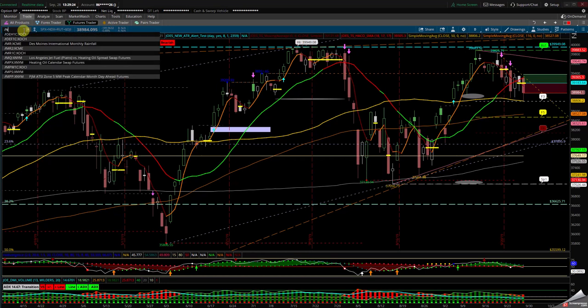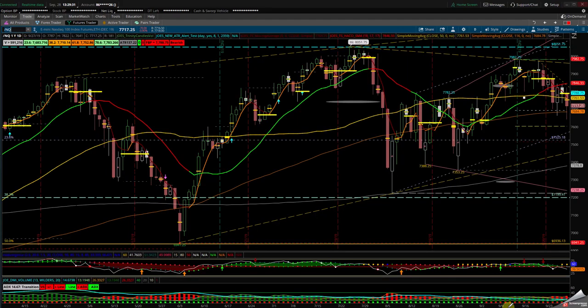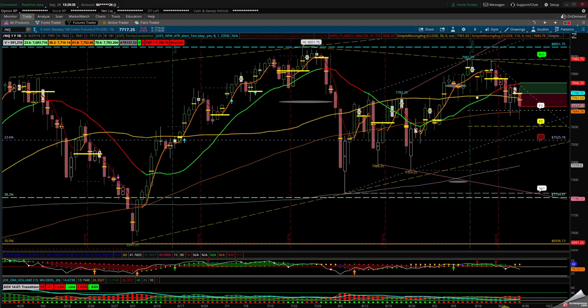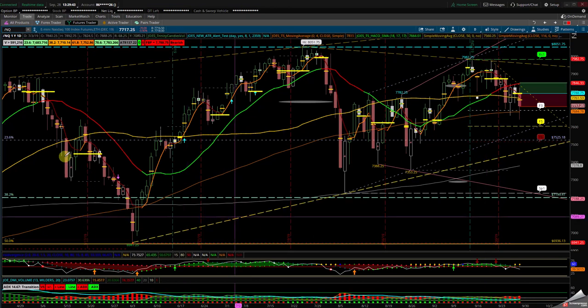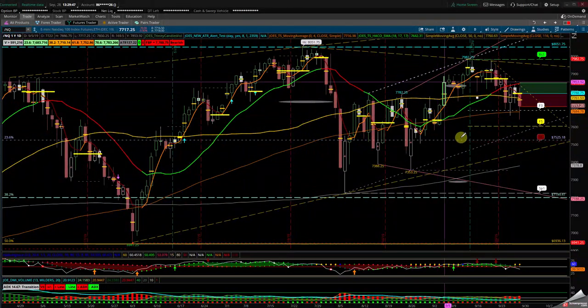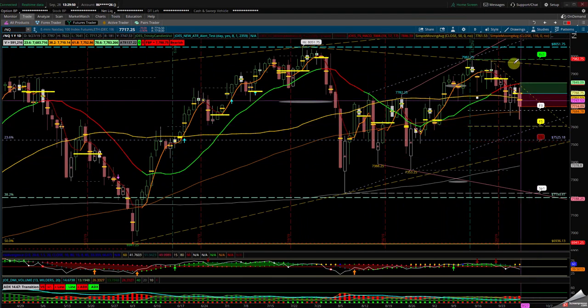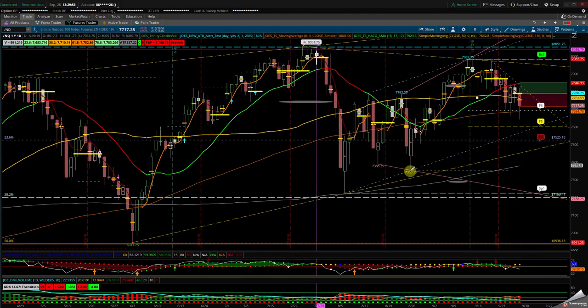I want to talk about the NQ first and the Russell. Remember, the NASDAQ and the Russell are the indicators I keep an eye on most, more than the S&P 500, because I do trade futures myself. On the daily channel, we're still in the up channel, down channel. This is your 50% channel, and inside this we have a smaller channel, and I have a triangle coming down between these two. You can see it from here and here.